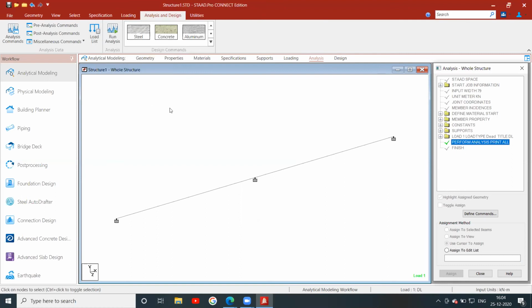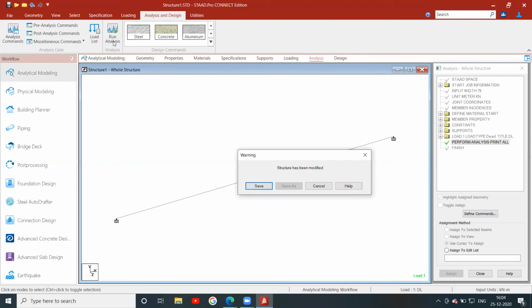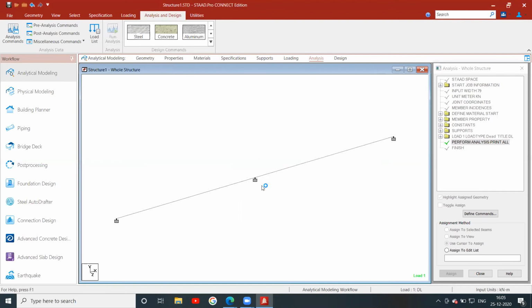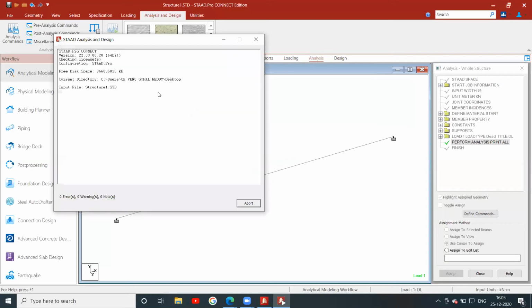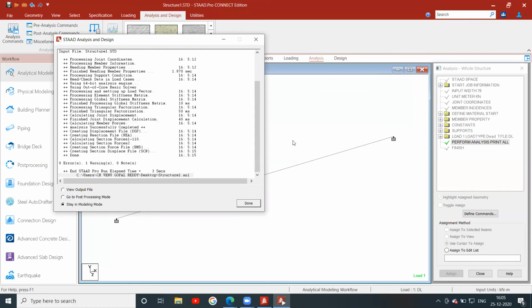Now what you do is run analysis. If you press run analysis, the program starts executing. It will run the program. So it is calculating, it is doing analysis.